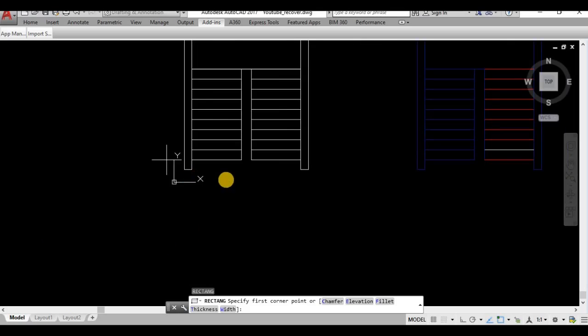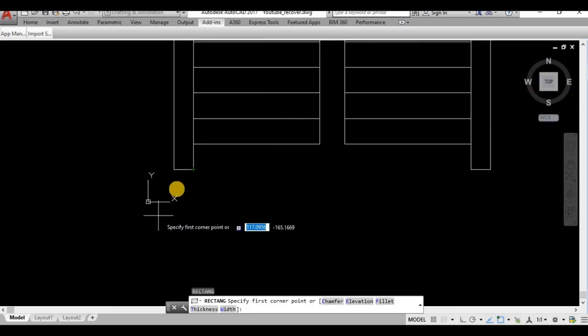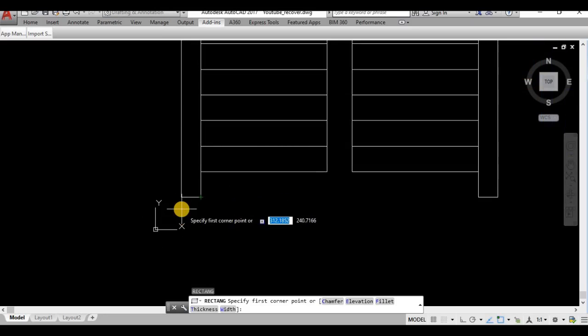In AutoCAD I shall draw a rectangle. The scale depends upon the paper we choose. So here I shall choose an A4 paper. The A4 paper size is 210 by 297 mm. For that I shall draw a rectangle.